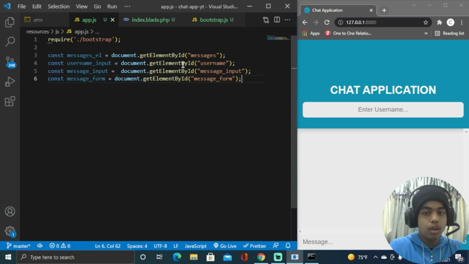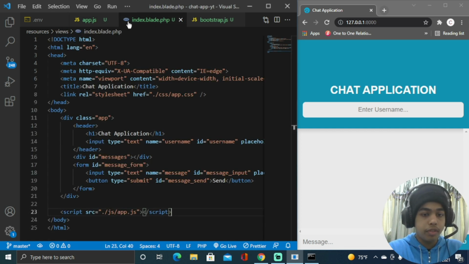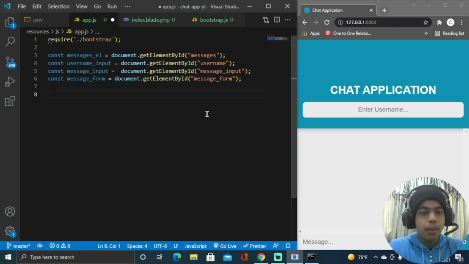For checking it, we can come to our index.blade.php file up here, and we can see our form is having an id of message_form. Alright, that's correct. Now we are going to select our fourth variable, that is going to be our message_form,